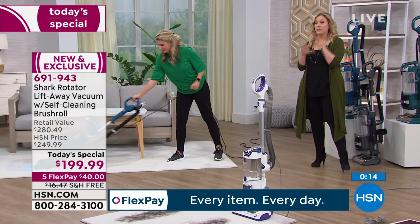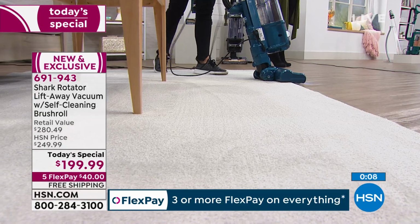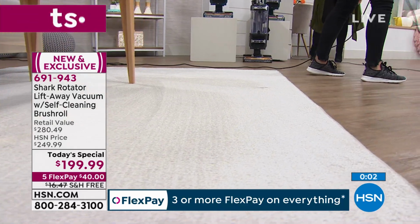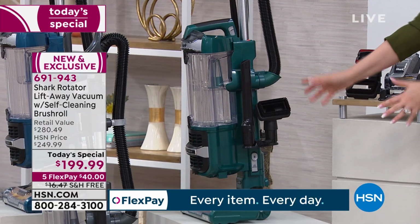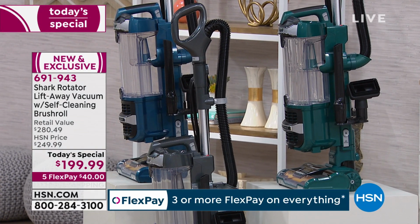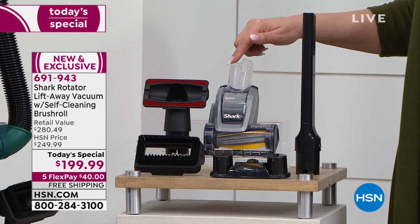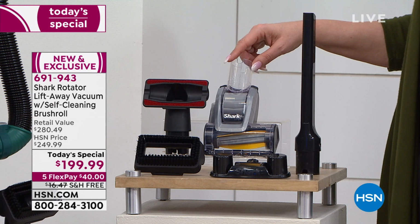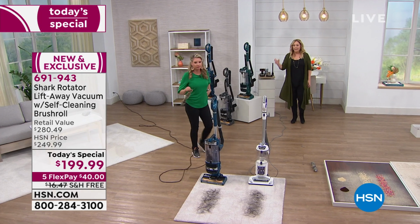So the price, just to close up the whole hour: you are saving $80 off of retail today, whether you get the emerald green, the gray, or the blue. It is the LiftAway. It has the LED lights, and the self-cleaning brush roll in the main unit and also in the attachment. This by itself is $50. We are including it; it usually only comes with the pet model. 5-year warranty, 25-foot cord, LiftAway technology, all the attachments are included. And if you don't have a self-cleaning brush roll, Tracy will show you what your